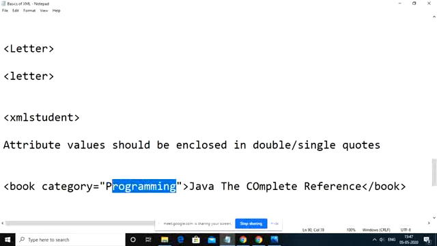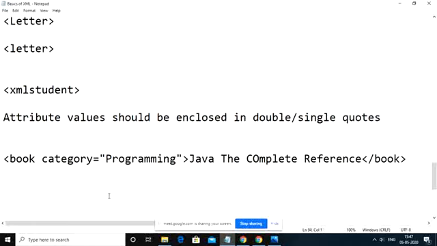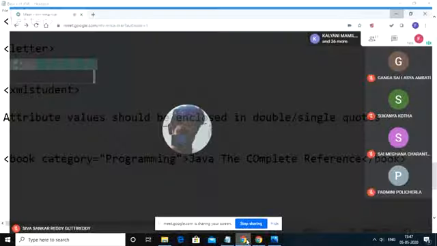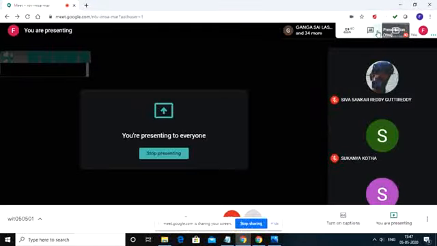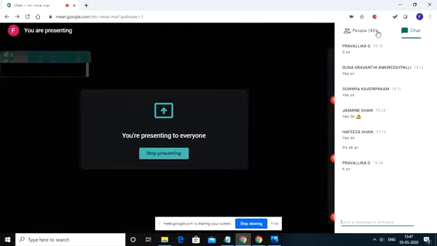That should always be enclosed within either double quotes or single quotes. These are the rules we need to follow whenever we design our XML elements. Till now, any doubts? If we don't have any doubts, then we can move to a sample example.